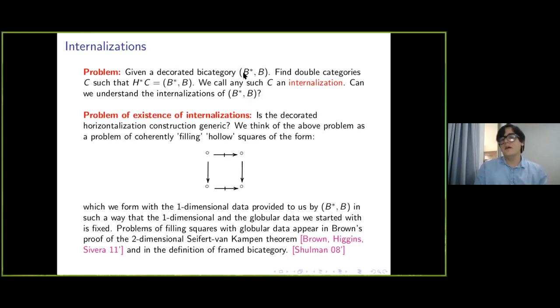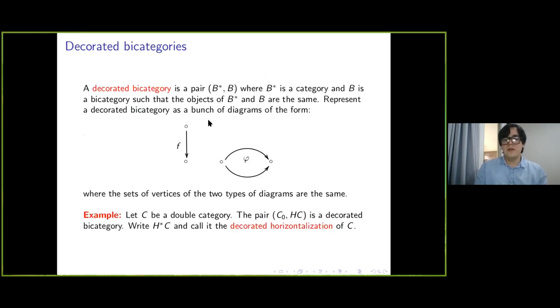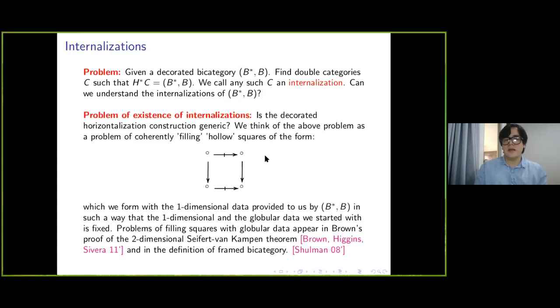We think of the above problem as a problem of coherently filling hollow squares of this form. If we're given a decorated bicategory (B*, B), again, this is a collection of drawings like this. All the vertices are the same. We can take vertices, vertical morphisms and horizontal morphisms, and we can form squares without a filler. And the question is, can we fill these squares into a double category, fixing these vertical arrows and fixing the globular diagrams? Problems of this sort have been treated before, especially in strict homotopy theory by Brown